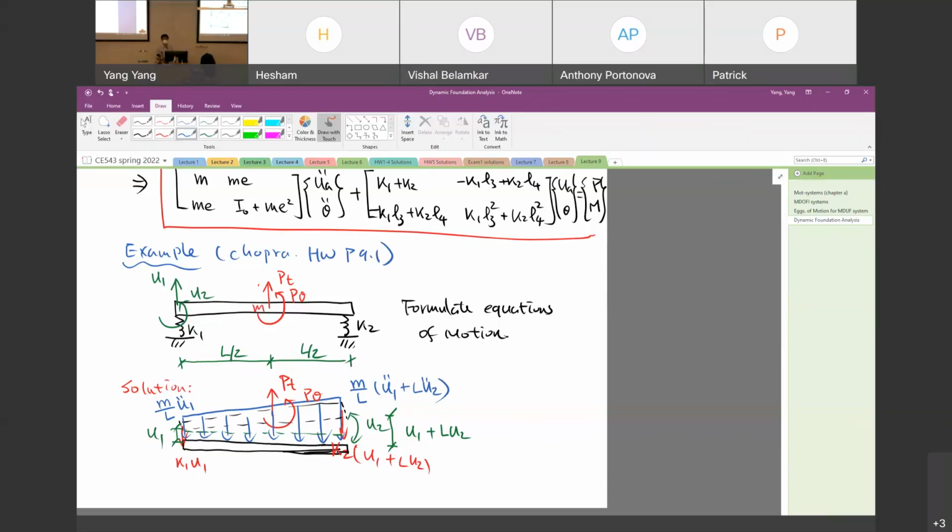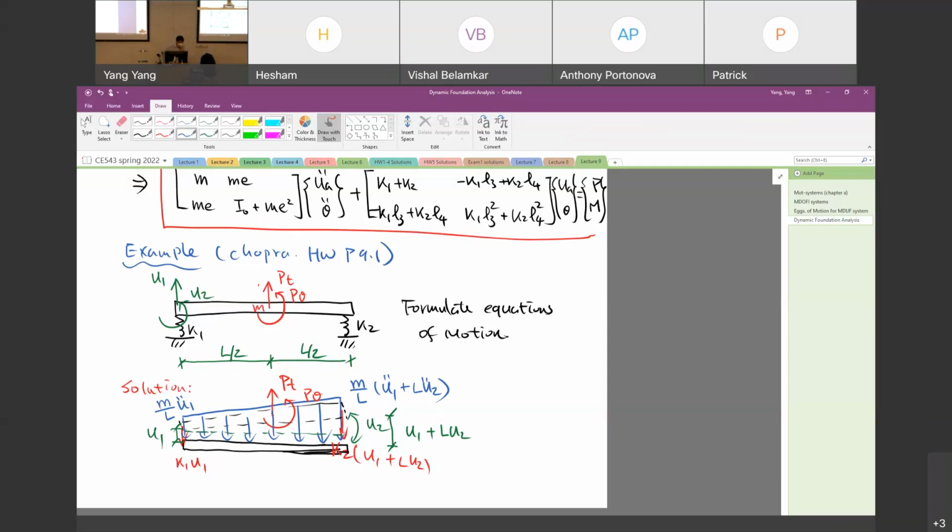Does this make sense? Because the displacement along this bar is linearly increasing from the left end to the right end, the acceleration is different for different locations. So that's why the inertial force should be a uniformly distributed force rather than a concentrated one. So as you can see here,